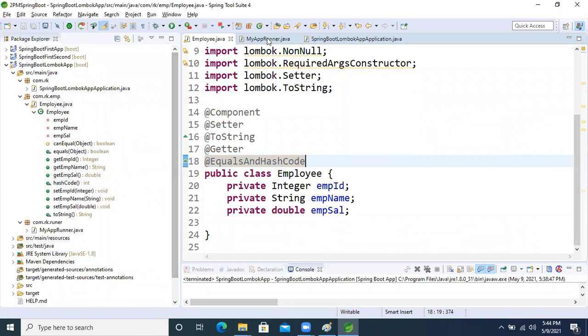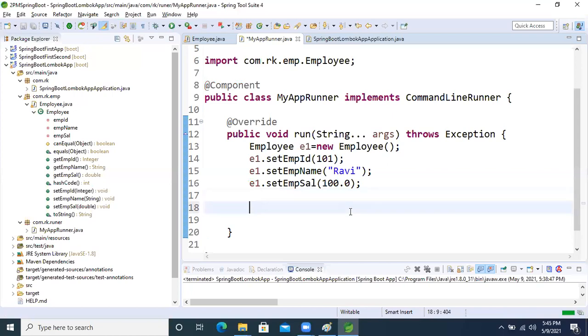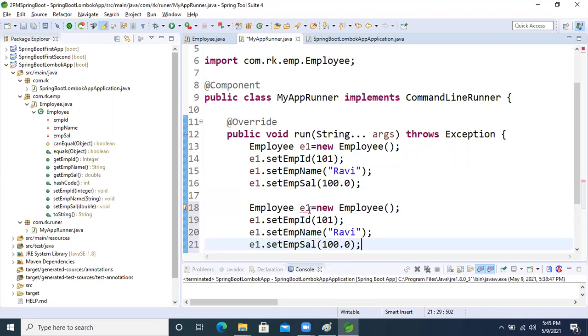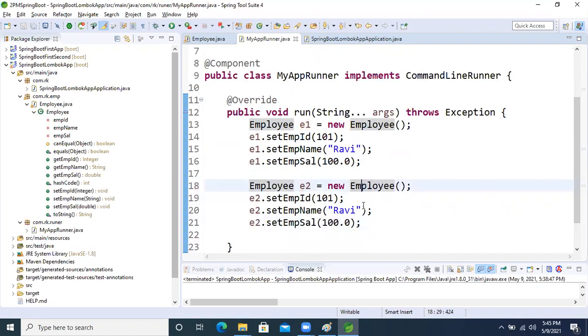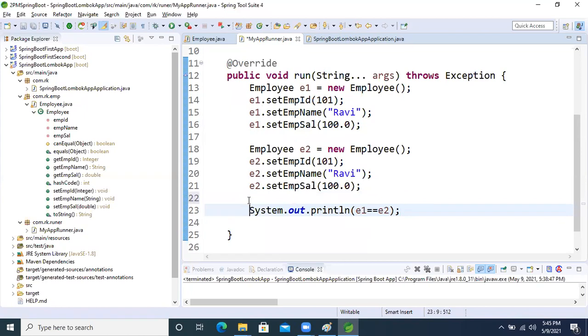Now come to the runner class, guys. One object is there. Now I'm creating one more object, e2, the same as e1. Then sys out e1 equal to e2, which is reference checking, to see whether both are pointing to the same reference or not.